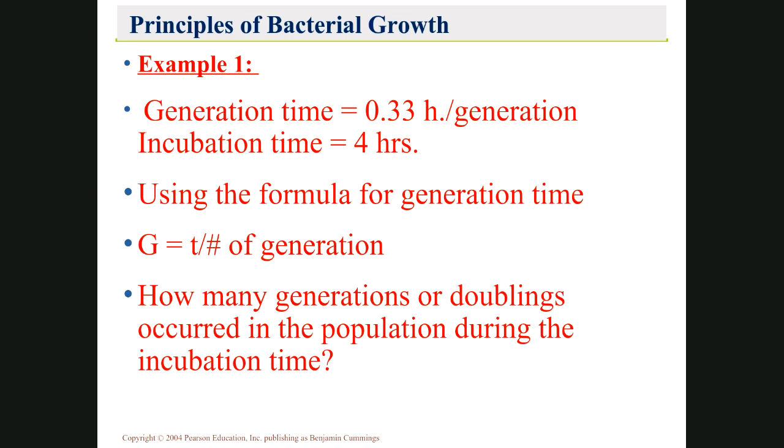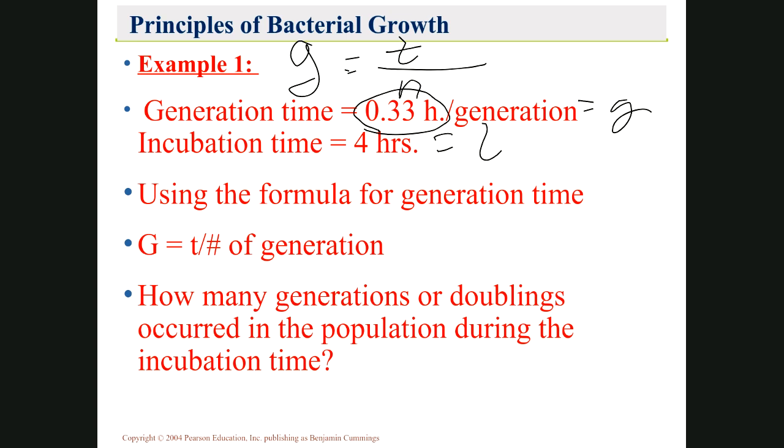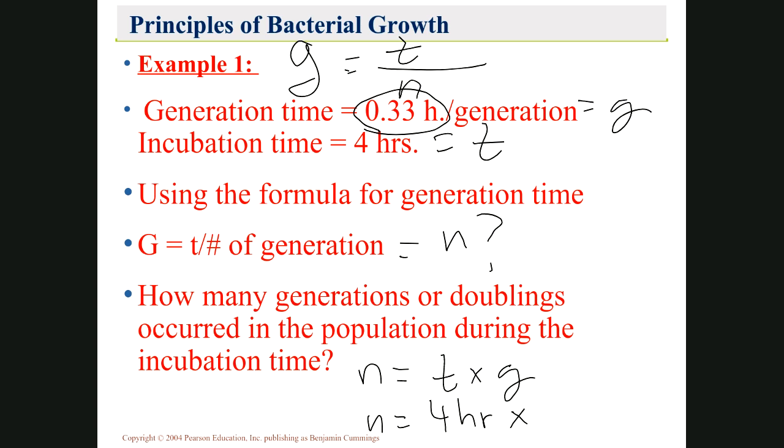So again, be able to solve simple mathematical problems using the formula G, generation time, equals T, which is the incubation time, over number of generations, which is N. So in this example, they're giving you G, and they're giving you T. They want to know N. So it's a matter of solving for N and then doing the math. So T is 4 hours times 0.33 hours per